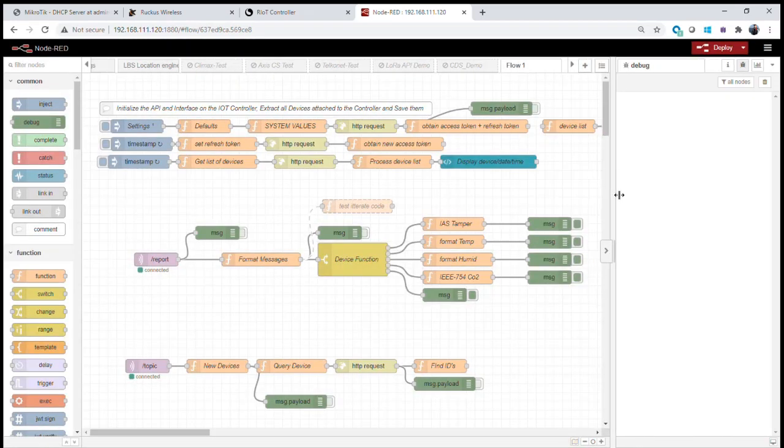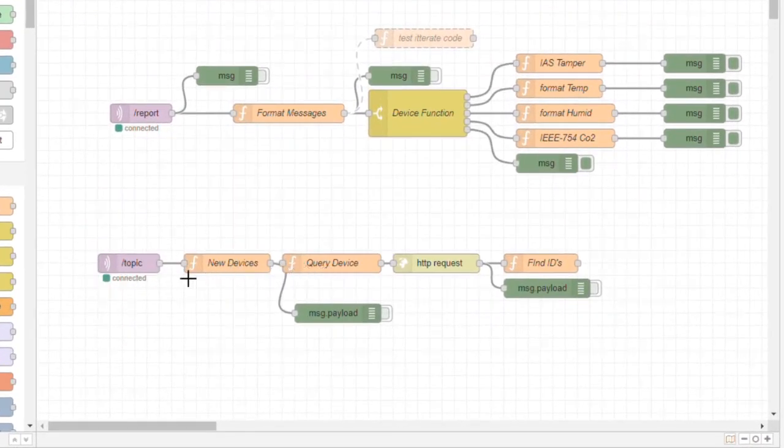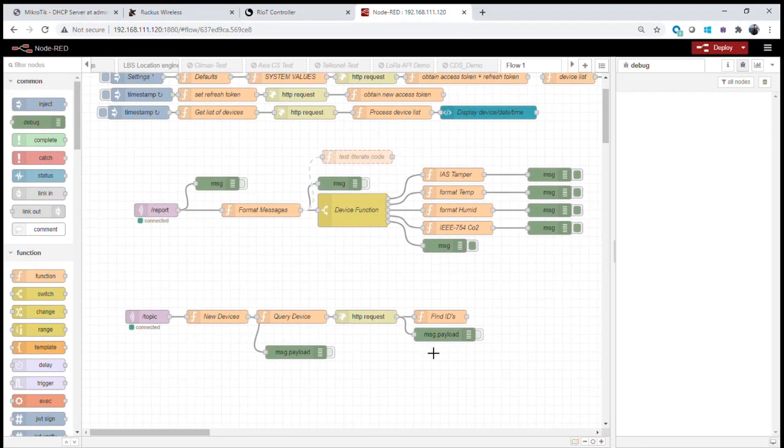and interesting application. Here we have an example where our topics come in, and we take the information coming in from the controller data stream every 10 seconds, and then use the API to go back to the controller and get more information about that device. So when a device is detected, we can query the controller and ask: who's the manufacturer? What are the capabilities of this device? If it's an IAS device, is it a remote control? Is it a contact? Is it a flood sensor? We're able to get all of that information and build a local database of the capabilities of every single device